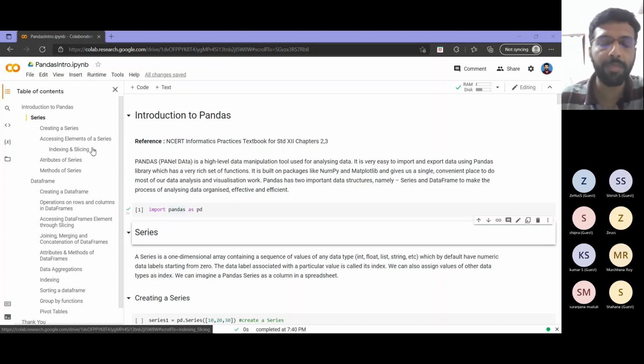There are some advanced parts, so I have provided links here. I will not be covering that because we will be spending more time on the basics only. Those advanced things we will be using when we go to machine learning courses. And even our material covers that in pretty much detail, so that is enough. Once you get the basics strong, you will be able to easily get that.